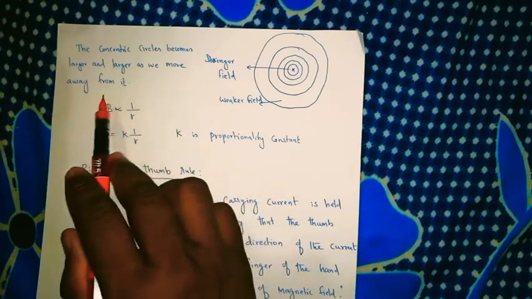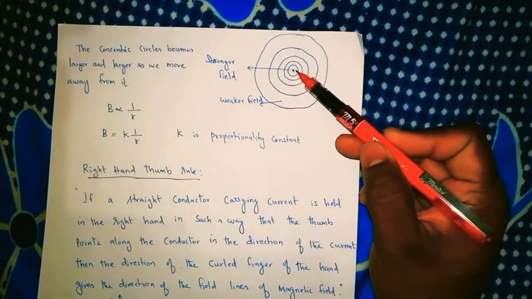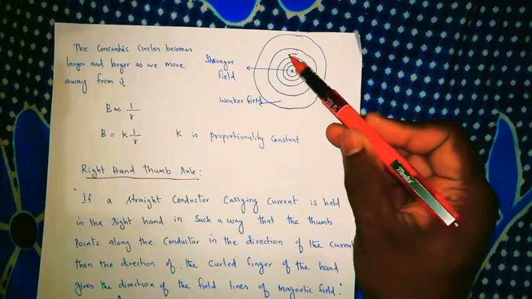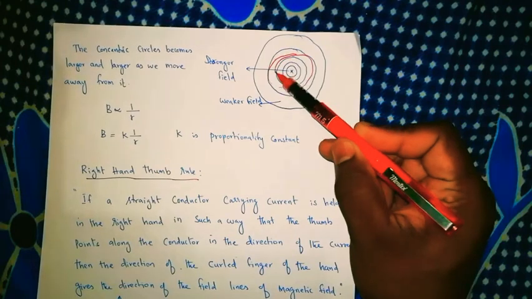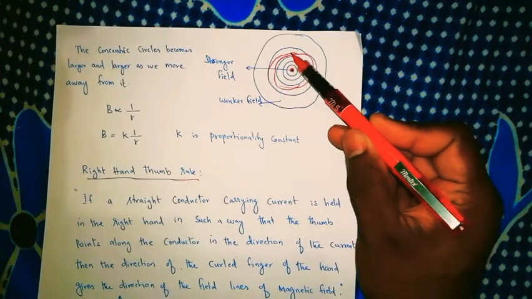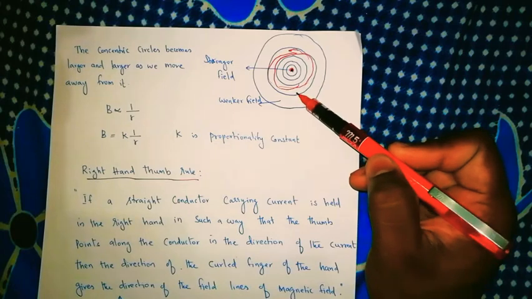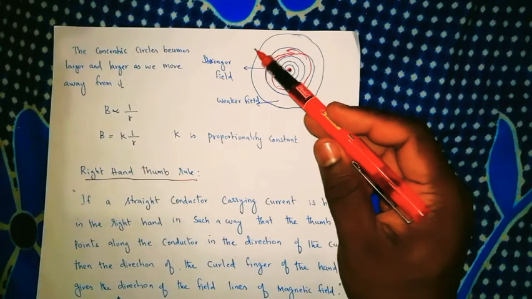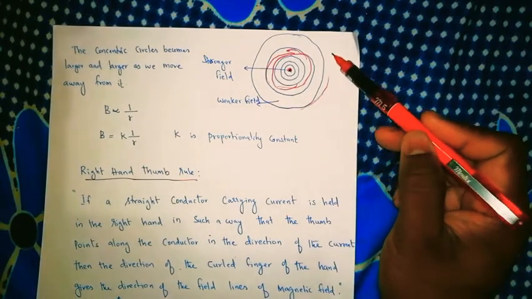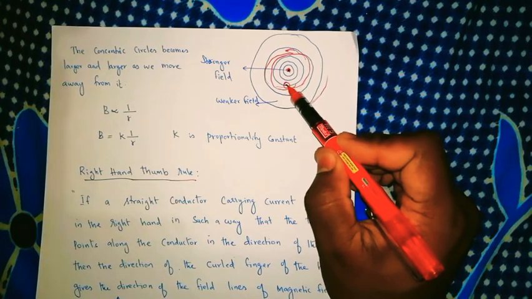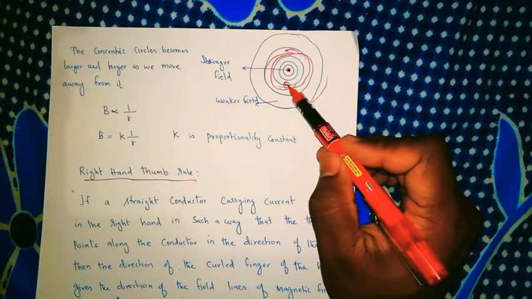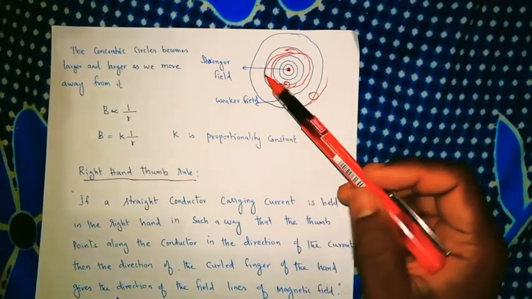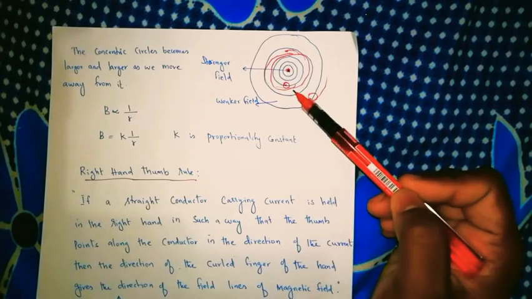That means as we move away from it, at the center you find lots and lots of concentric circles, very close, because there is lots of current. Here the current flows, so you can find many concentric circles. It means the magnetic field is more. But as we move away, there is a weaker magnetic field. If I keep a compass here, you can find a very large deflection. But if you keep a compass here, you can find a weaker deflection. That's what we can see: a stronger field inside and a weaker field a little outside.